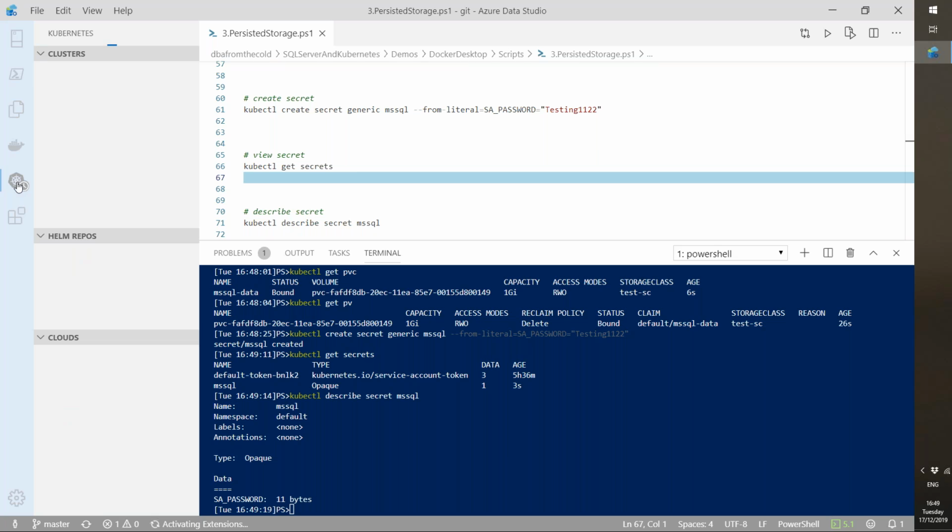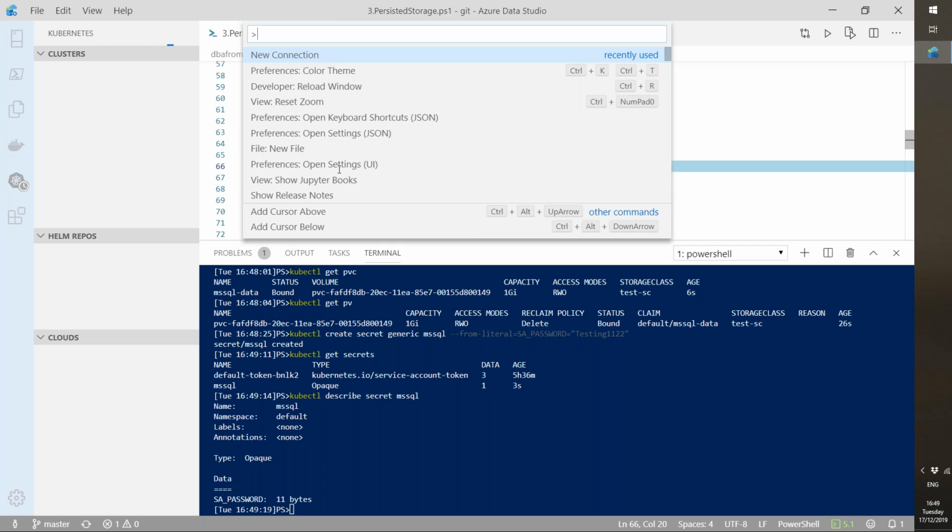If I come over to the Kubernetes plugin for Visual Studio Code or Azure Data Studio, when this refreshes, I should be able to see my clusters here. Come on, there we go. Let's try a reload.